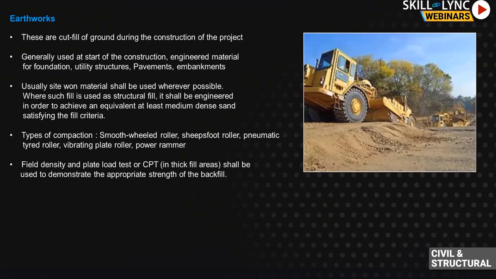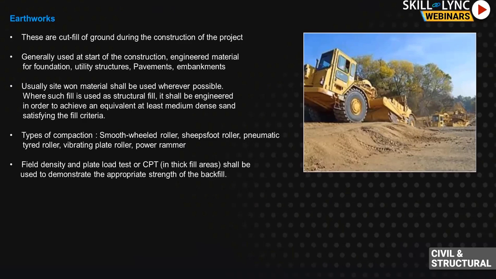Once you have got the material, you should know how to compact also. For example, you're going to fill your material from plus 20 to plus 22. You cannot dump your 2 meter of fill as such. You have to go stage by stage. Automatically, your building foundation will be coming on that area. So you have to go stage by stage, like you have to fill your first 150 mm of thickness, and then continuously you have to do that, and then you reach your 2 meter. Maybe instead of 150 mm, you can also go for 200 mm.